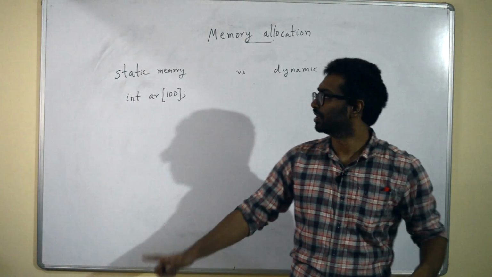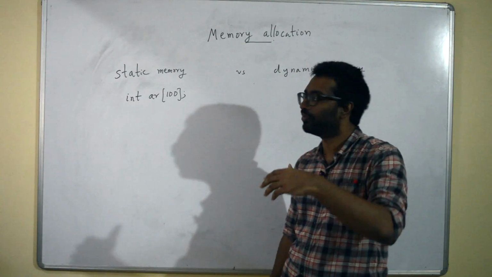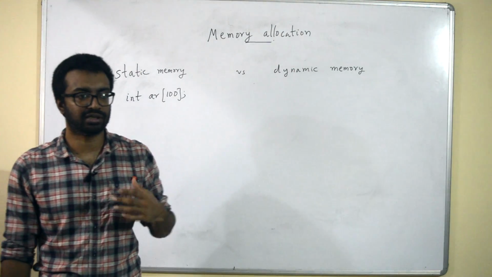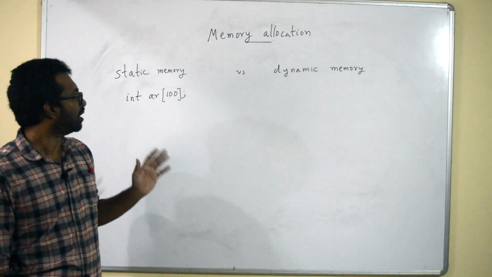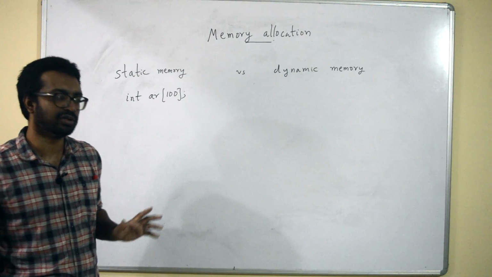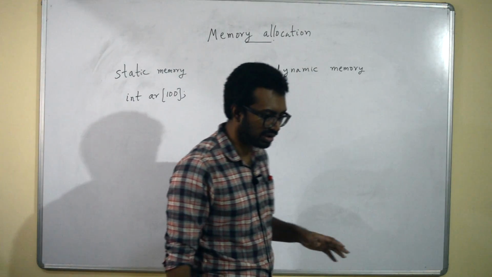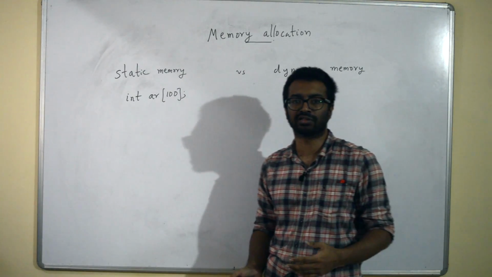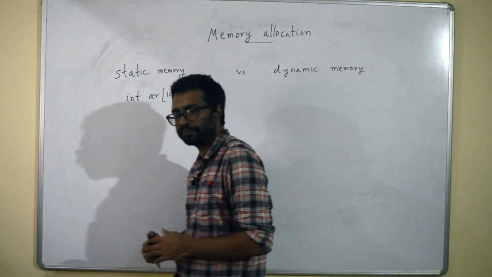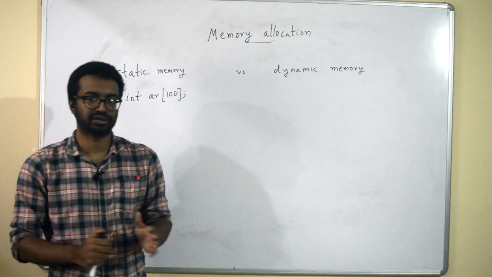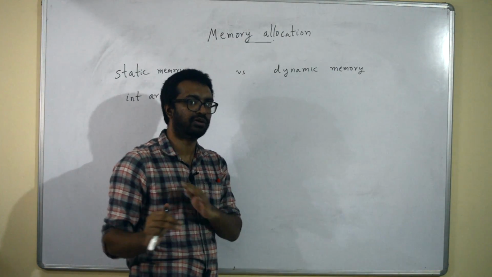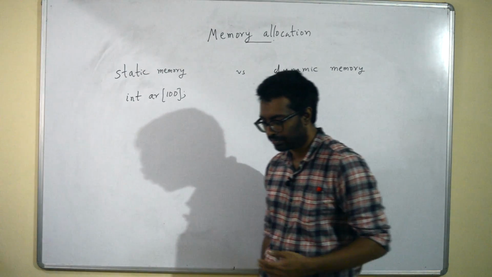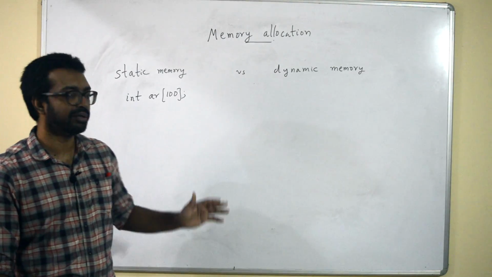So whenever you declare a variable, all these variables are going to be static memory, and the compiler does whatever is required. Now I am skipping a lot of details here about how the memory is allocated. There are a lot of things to be understood there. There are different kinds of memory areas where certain things are allocated. I am going to skip all those details. The rest of the talk we will be looking at dynamic memory.